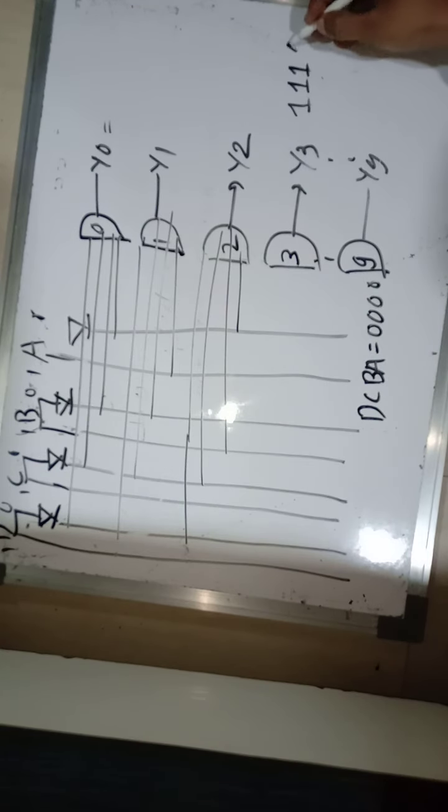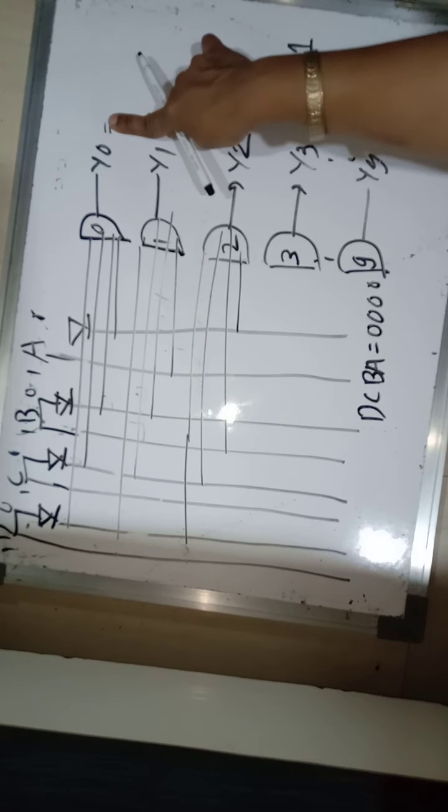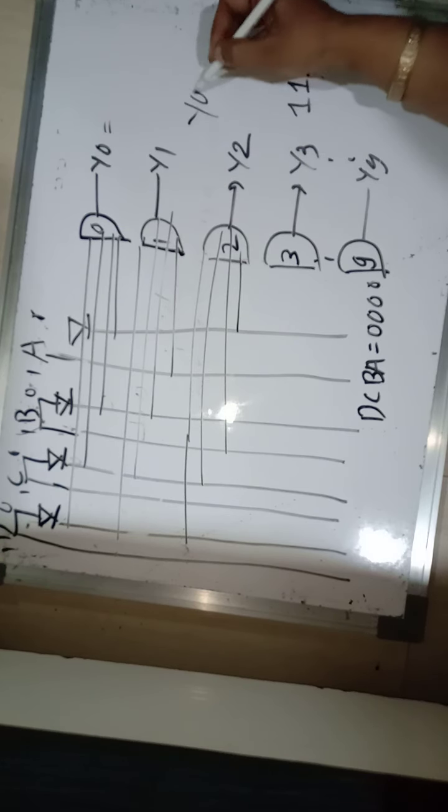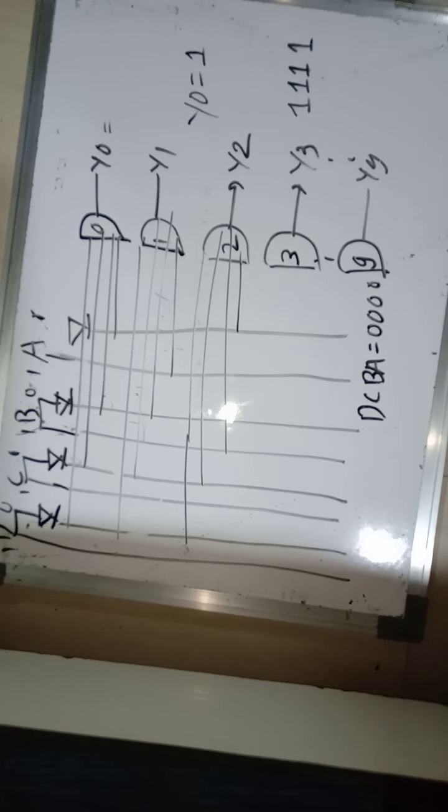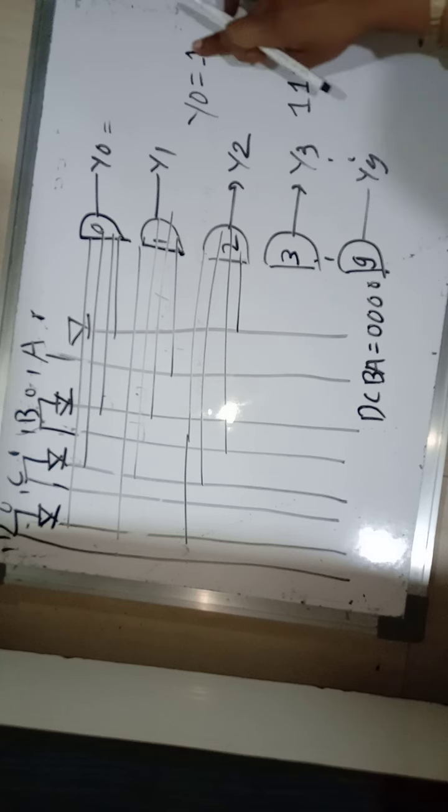So if you are going to see the working, suppose your BCD input DCBA equals 0 0 0 0, then your first AND gate will get the input 1 1 1 1 and it enables this AND gate and makes Y0 equal to 1. ओके, फर्स्ट अँड गेट हे अनेबल होणार आहे आणि मग तुम्हाला आउटपुट काय मिळेल, then you will get the output 1. सो व्हेन BCD इनपुट इज 0 0 0 0, so you will get the output 0 here, not 1.